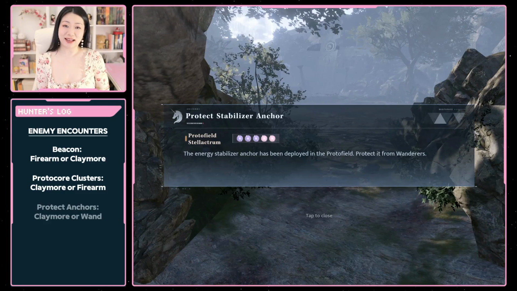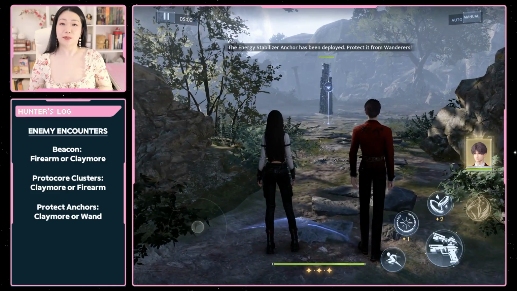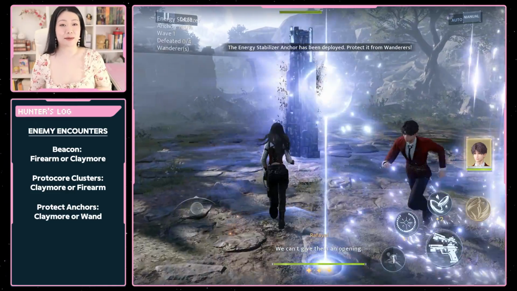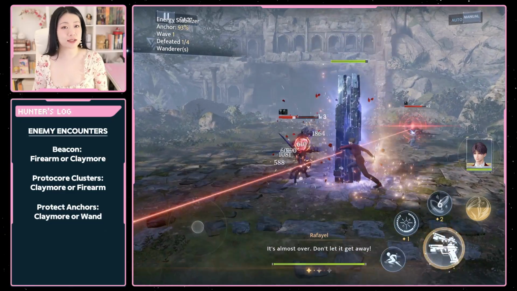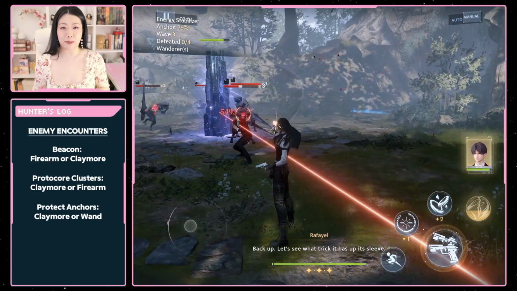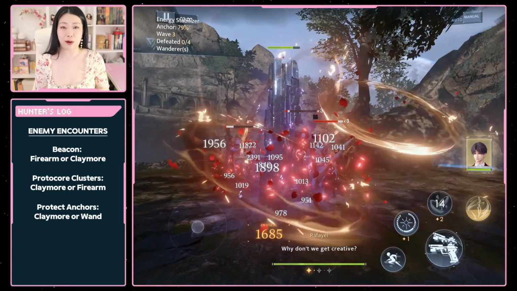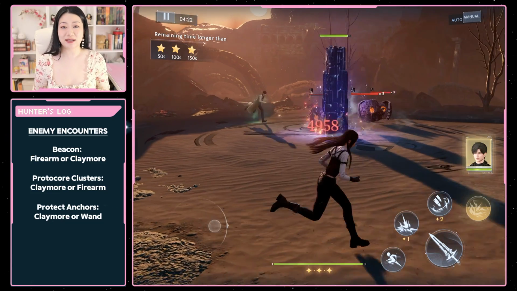We also have protect the energy stabilizers or anchors. Similar to the aforementioned, there is a pillar with an HP bar, but instead of taking damage from you, it takes damage from wanderers. So the goal here is to kill all wanderers before they can destroy your pillar. I've also seen mobs typically spawn in multiple areas of the map for this encounter, and they will aggro onto the pillar. So one strategy here is to use a melee weapon like claymore, wait until they clump around the